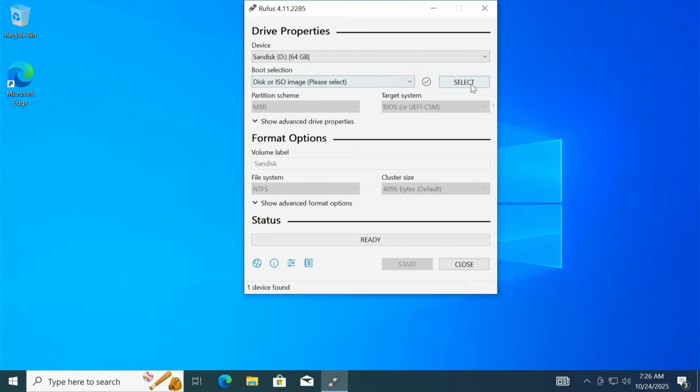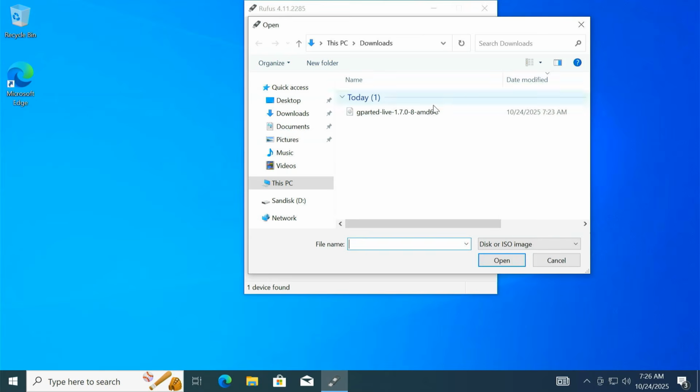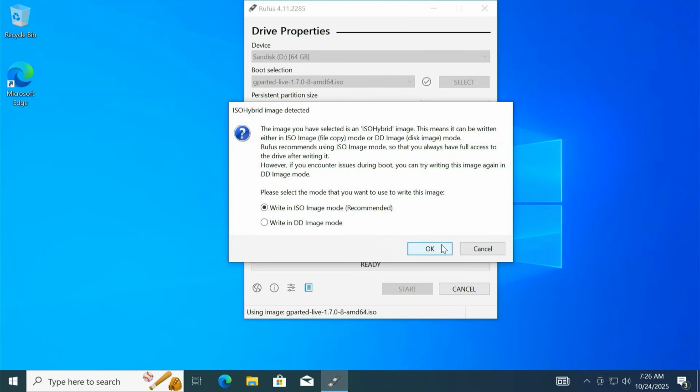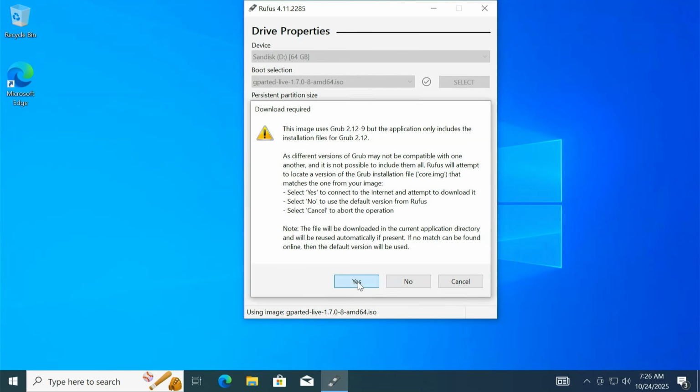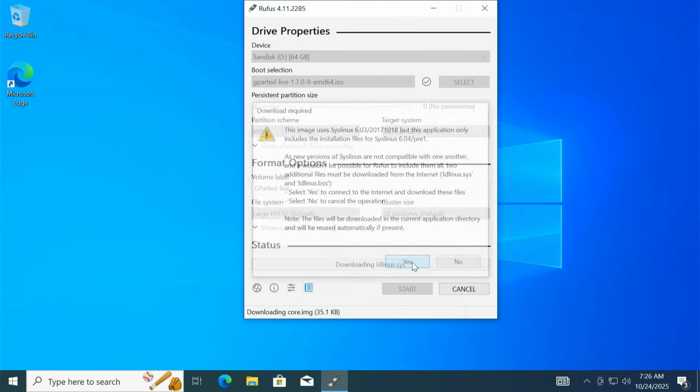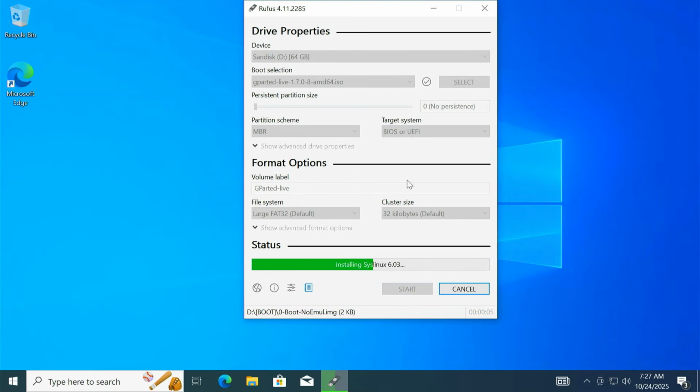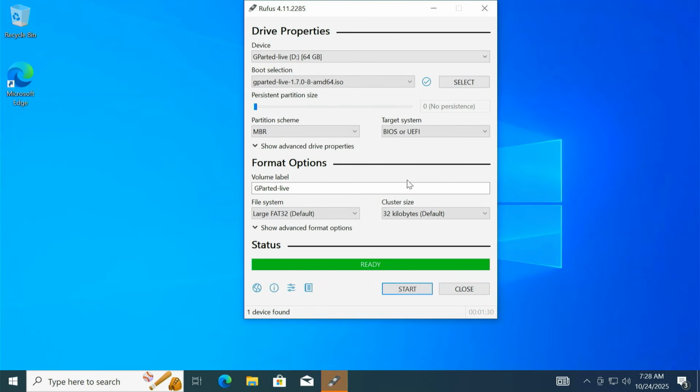Then under boot selection, click the select button and choose the Gparted ISO file that you downloaded. Once it's selected, just click on start. Rufus will ask you for confirmation, click OK and wait a few minutes while it writes the ISO file on your USB. After the process is done, it's ready to use.